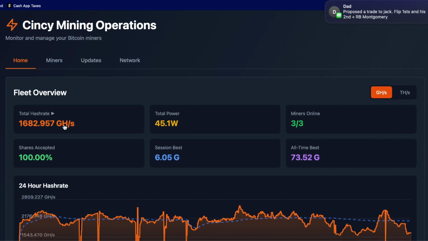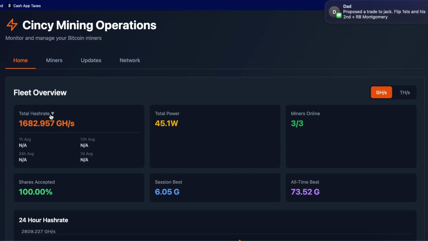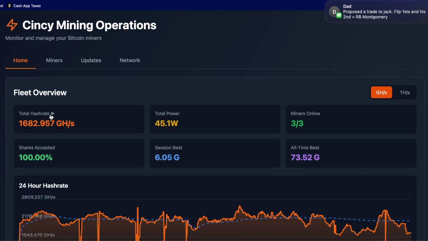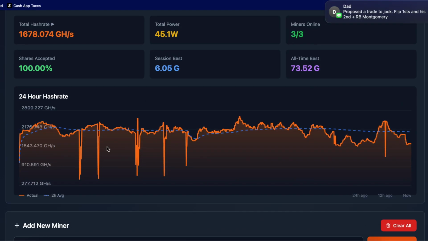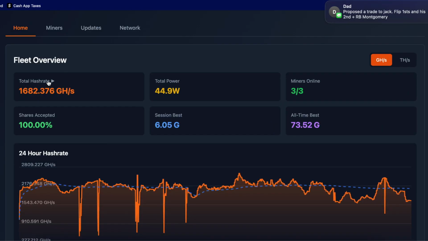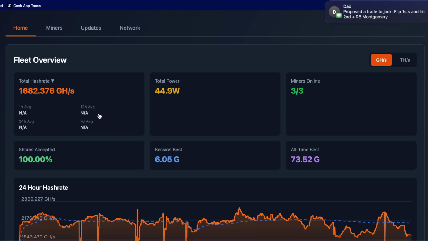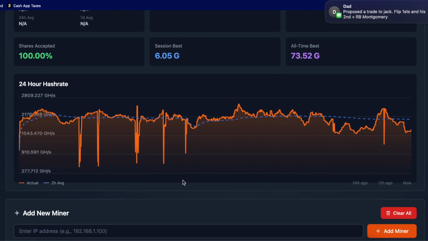I kind of like having the hash rate in orange. But let's see if we can fix this actually. So the average hash rates here don't seem to be populating correctly for the total fleet, because if we go